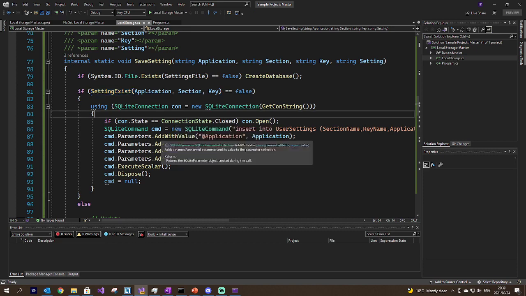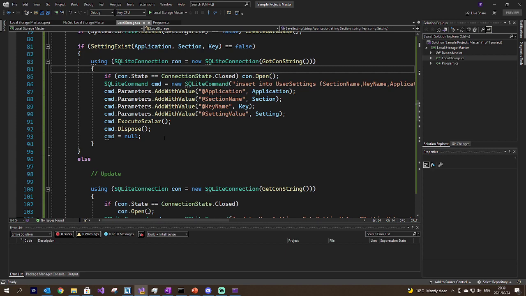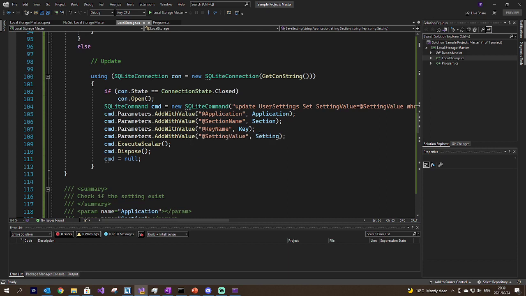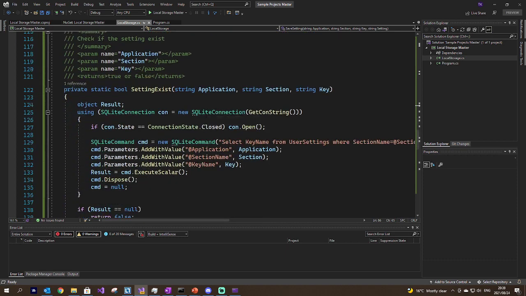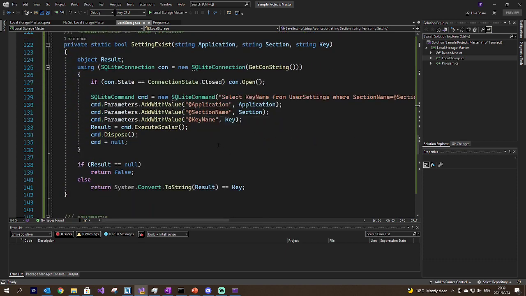Go through the system, see if this setting exists. If it doesn't, it will insert it. If it does exist, it will update it with your parameters. And if I go a bit further, there's a setting exist